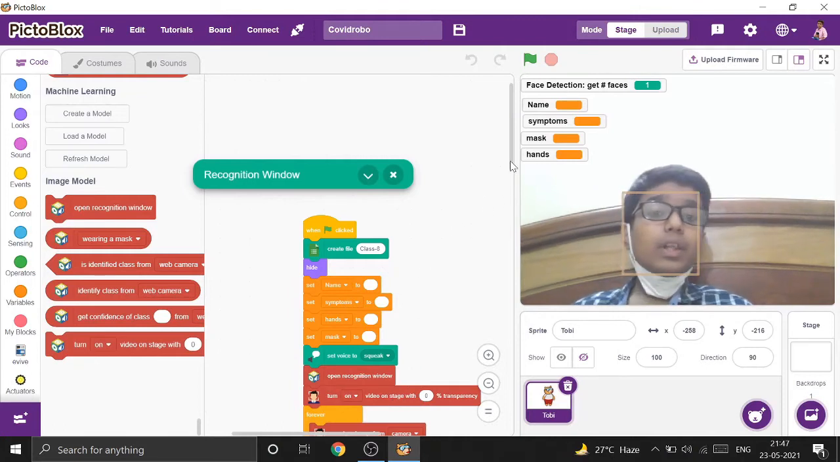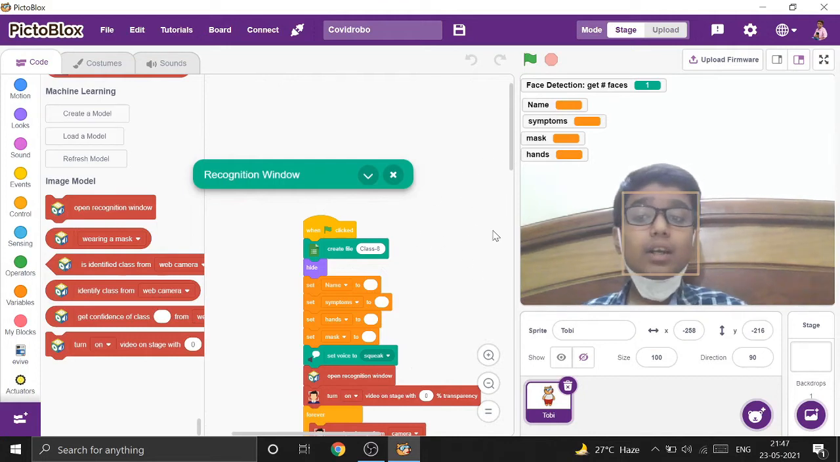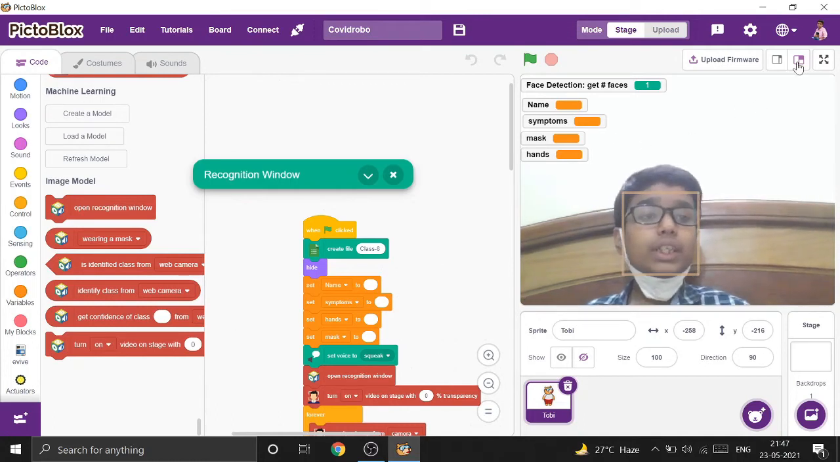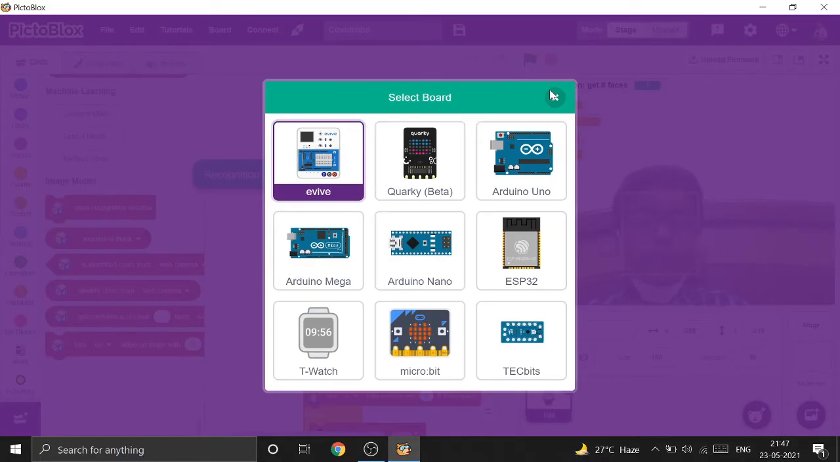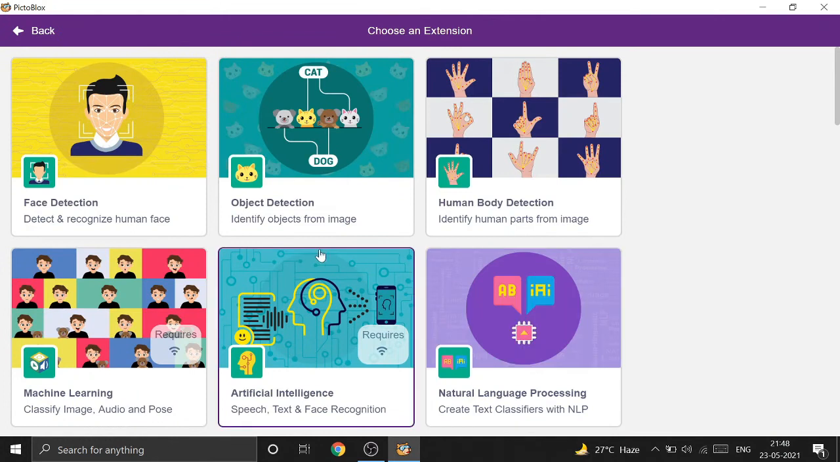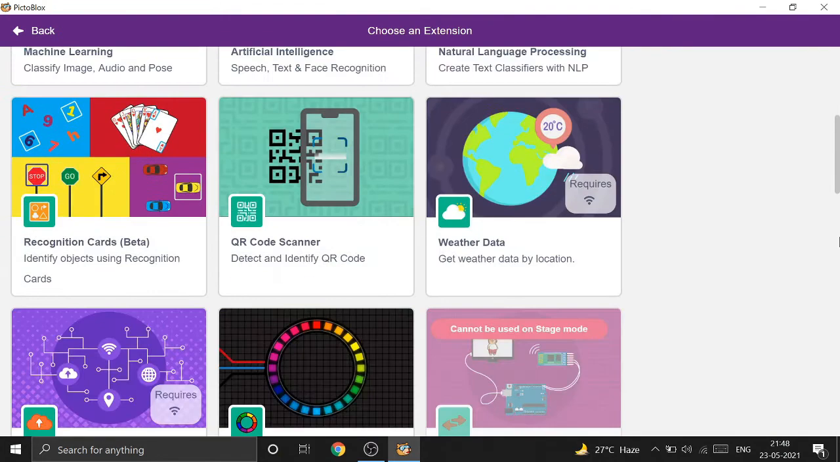Okay, so let me explain the basic logic behind this program. I have used two extensions, mainly machine learning and Datalogger. I have also used a face recognition extension for detecting the face in this program. To use the extension you must be signed in and your board must be on. Now you can see the extensions from here and you have to add face detection, machine learning and